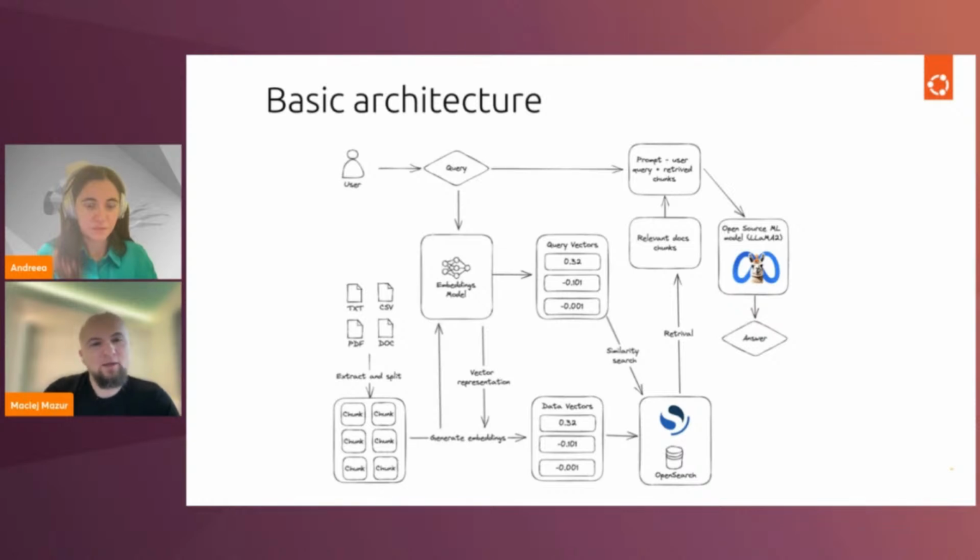And what happens later on, in order to enhance the foundational large language model like Facebook's Llama with your internal knowledge, the system will perform something called similarity search. There are different ways how to do it, but basically what it means is it's trying to look in the chunks of data that are vectorized for something that matches your question.